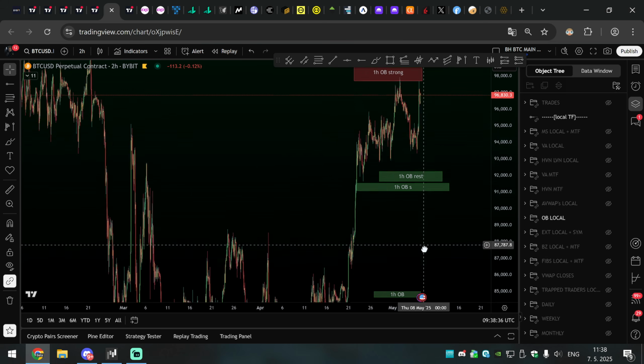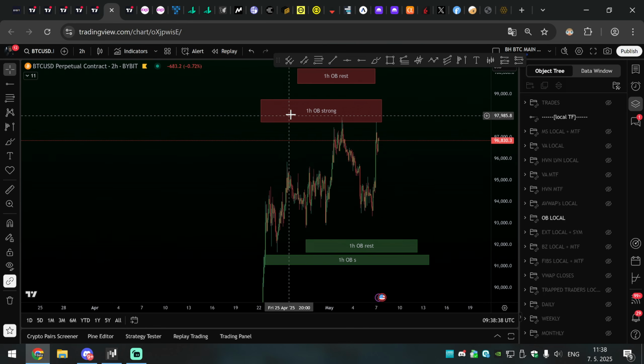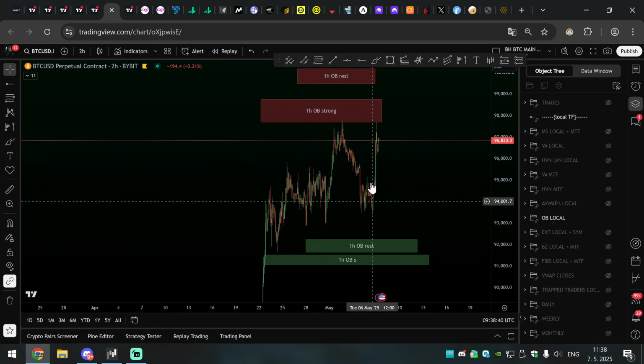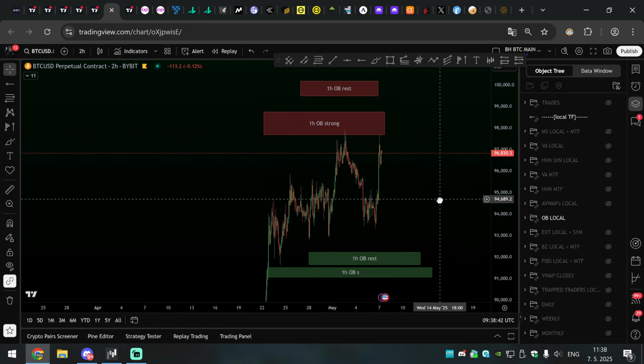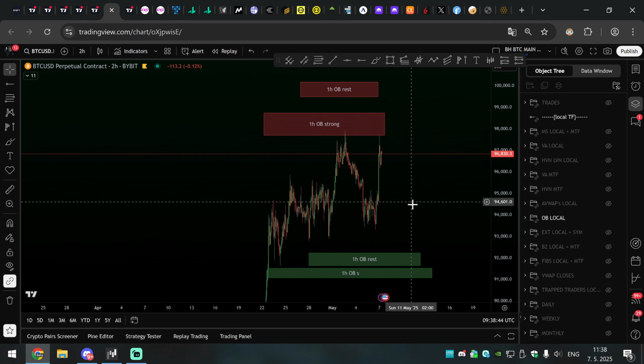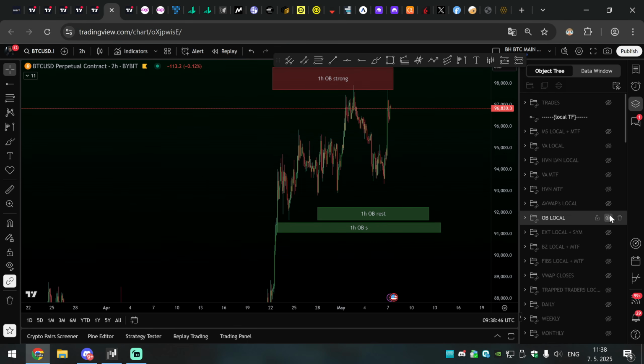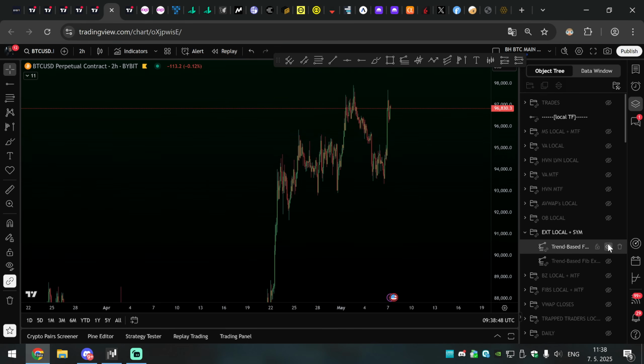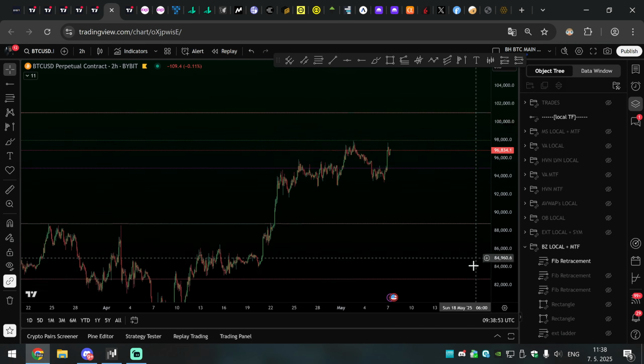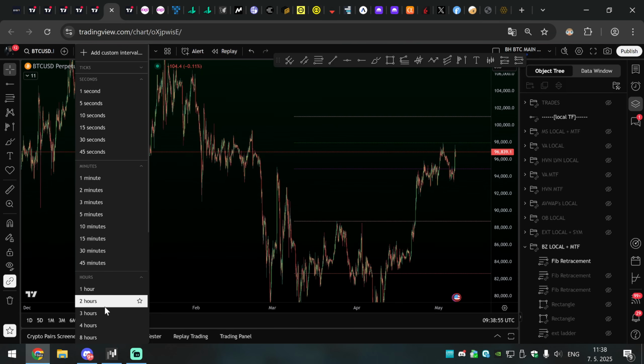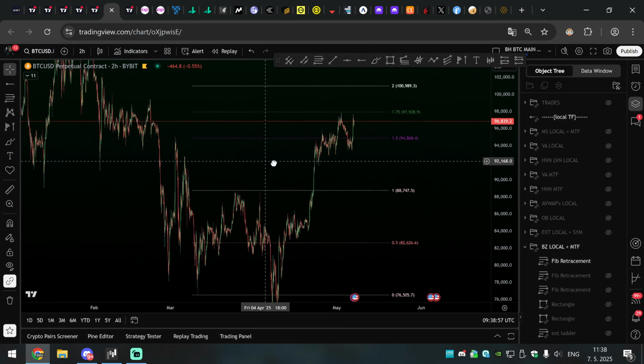Order blocks, you know, are like secondary confluence. We have strong order block here. This is actually helping to put Bitcoin into selling pressure still. And we have some supporting order blocks below. Extensions we don't need to watch. Market is watching this main balance zone pull, by the way, for the past few weeks. 2-hour time frame is okay for this,